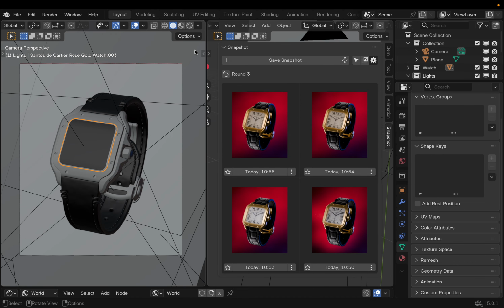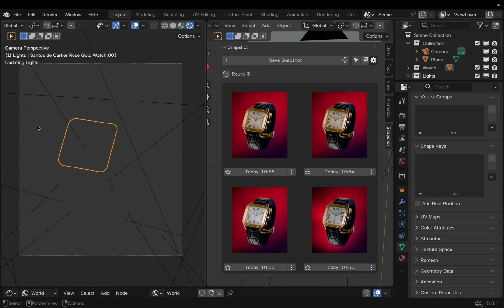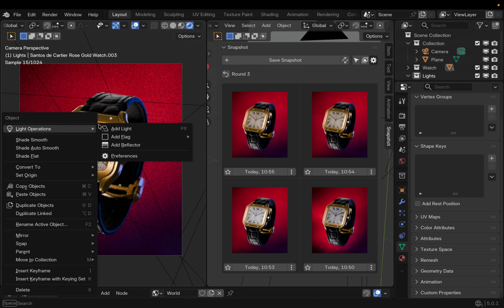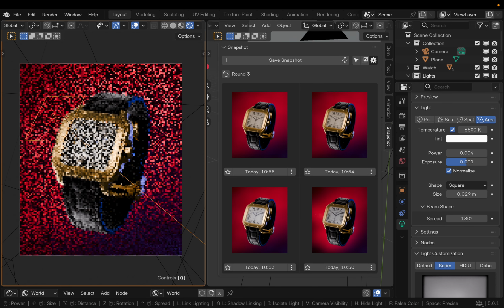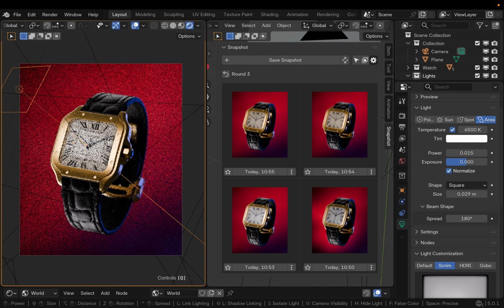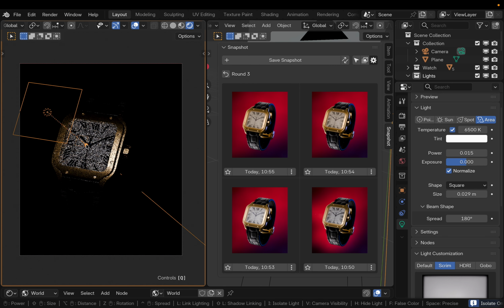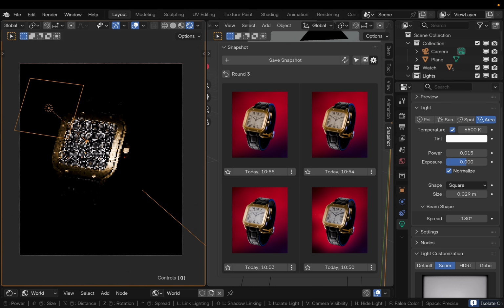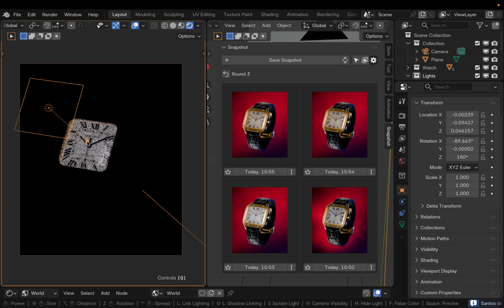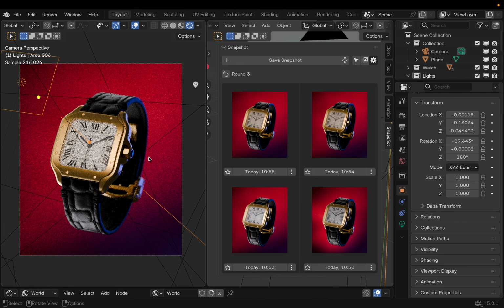And here we will use a trick where we add in our light holding the shift button to make it the appropriate size right away. And here we use light linking, hitting L to link the light to the glass part, so it only will affect the glass and the dial behind the glass, but it won't add additional light to other parts of the watch. Okay, I think it is time to save another snapshot,